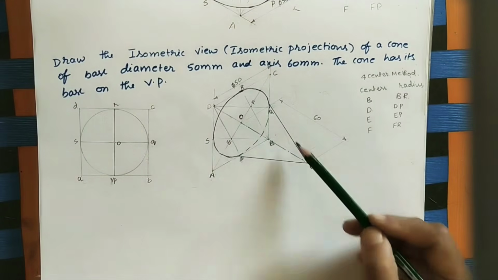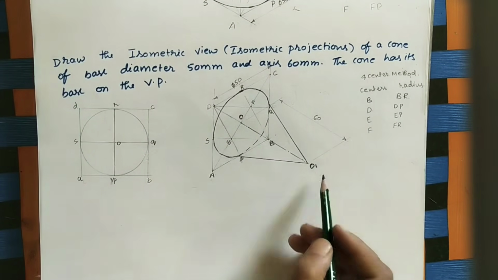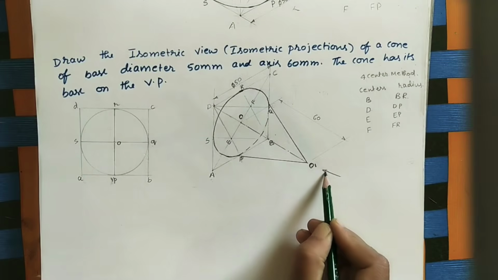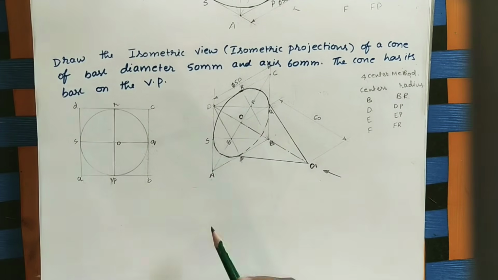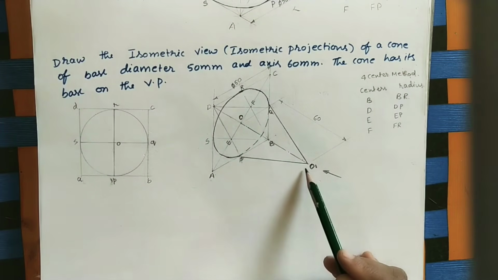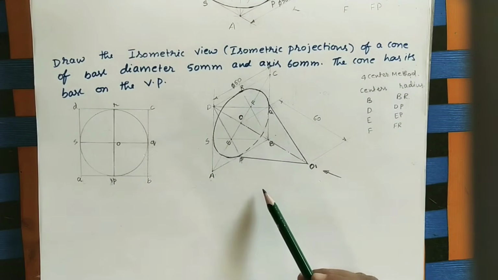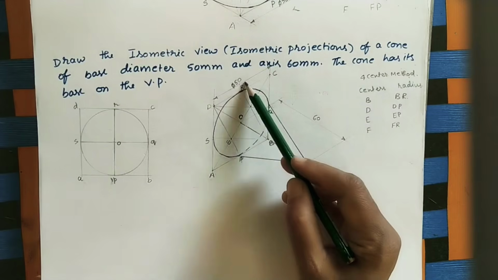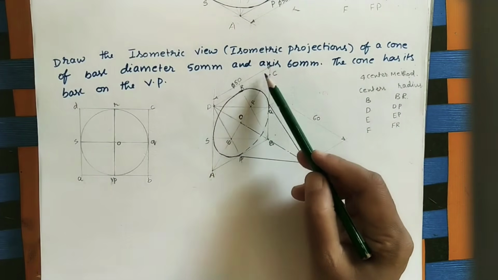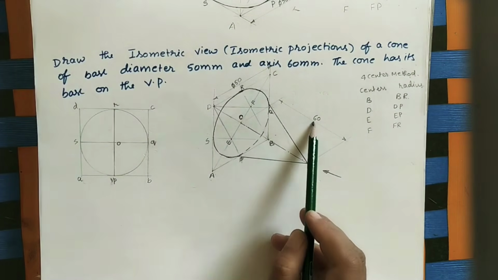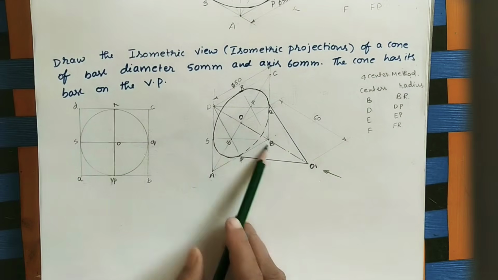Here this is a cone in isometric view. We are keeping the cone like this in the isometric view. Draw the entire isometric view in dark color with the pencil only, compared to the rhombus and other points. Okay, here mark the given dimension. It is 50 mm. This dimension line is parallel to this line, and here mark the axis length. It is 60 mm. This line is also parallel to this line.